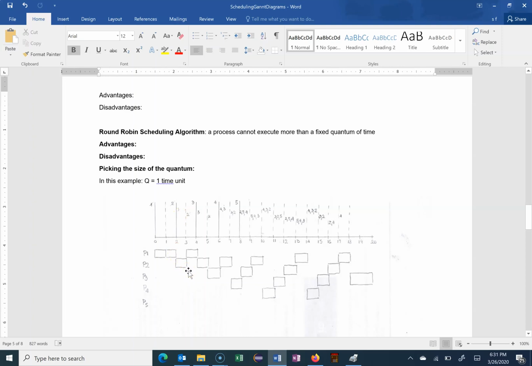At moment 3, process 2 finishes its quantum. In the ready queue, we have process 1. Process 1 will start running, process 2 goes back into the ready queue. Now we have process 1 executing. It's executing from 3 to 4, and at 4, process 1